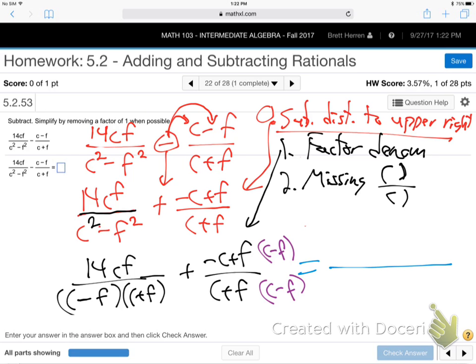And now notice the two denominators are identical, aren't they? We made common denominators. So now we can put them together. We don't need two of them anymore. They're the same on the bottom. So c minus f, c plus f on the bottom there. And then we just combine the stuff on the top. So 14cf,